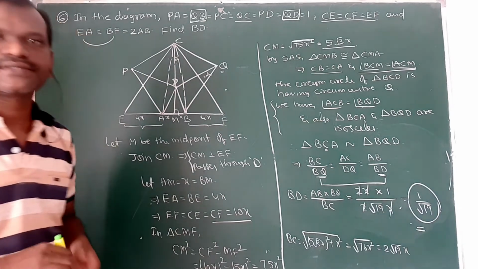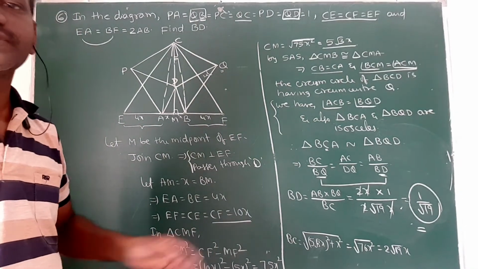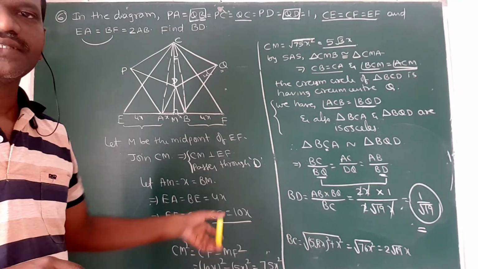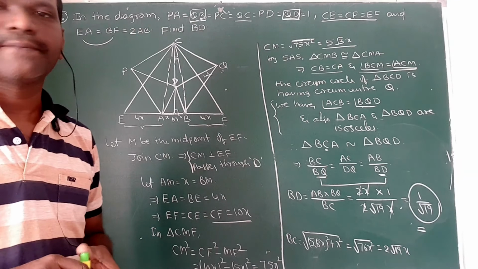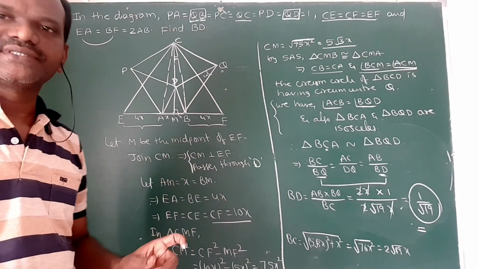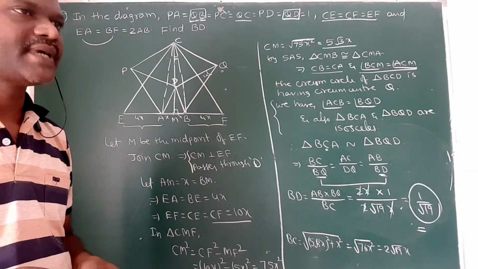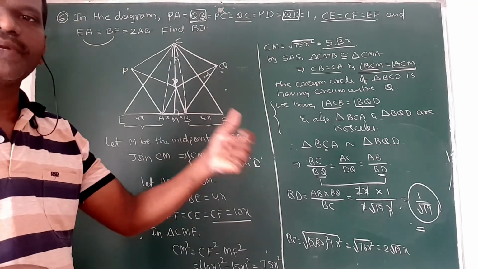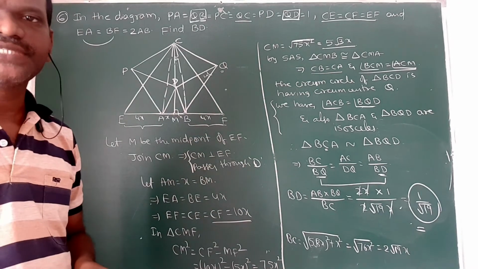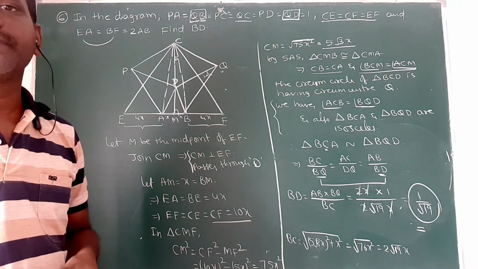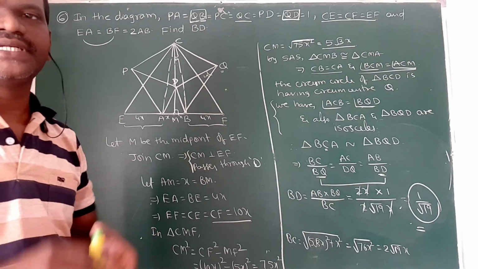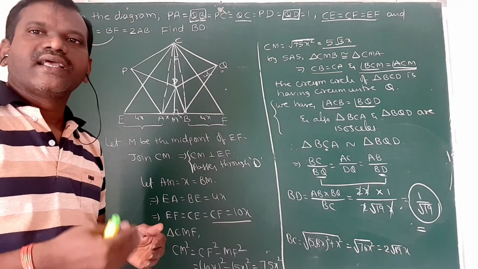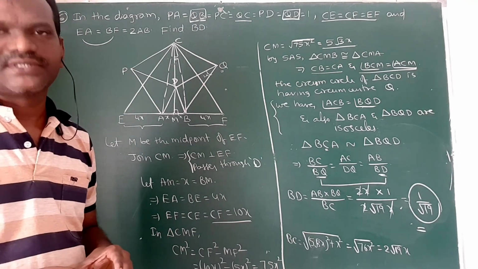BD value only we have to find out in this question. So see, this is the answer here for today's question. 1 by root 19 is the answer. Okay. So for geometry questions, what we have to remember is, if we know the concepts, then the problem is very easy. Otherwise it's a typical question. That is the drawback in geometry. Plain geometry is a dry subject. That's why students feel difficulty in geometry questions.